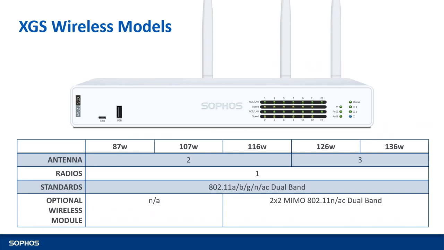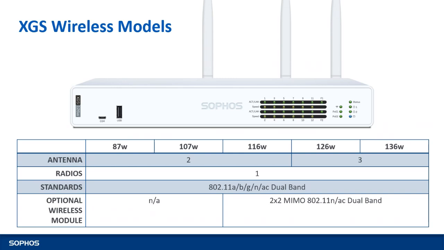All the wireless desktop models have a single dual band 802.11 a/b/g/n and ac radio. As there is only one radio, this can only transmit on 2.4 gigahertz or 5 gigahertz, but not both simultaneously. So all the XGS have the option of a second wireless module, except the XGS 87 and 107. This is important, and this addition allows the device to transmit in 2.4 gigahertz and 5 gigahertz bands simultaneously